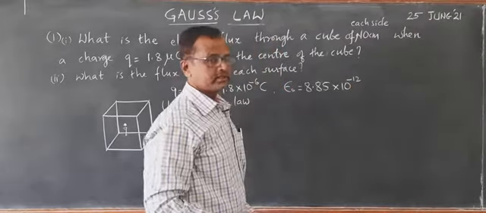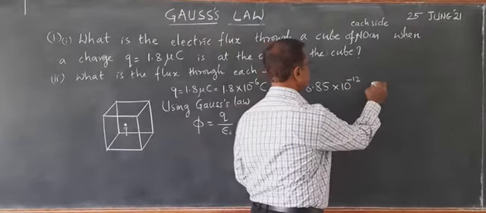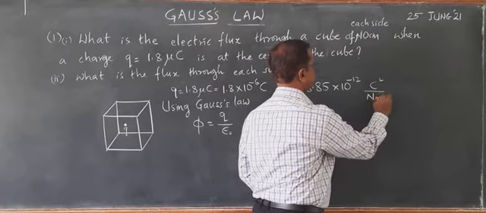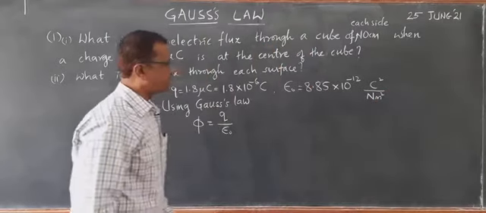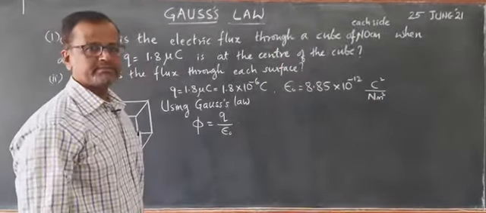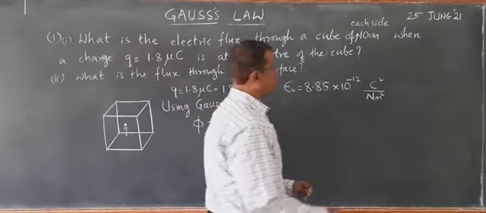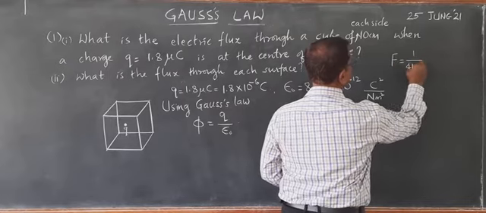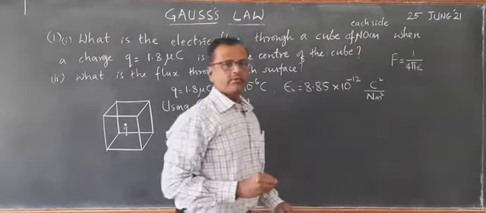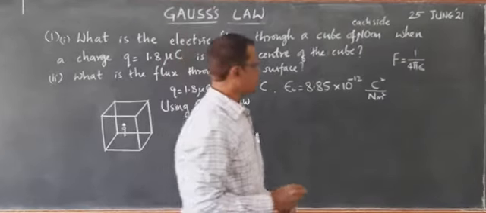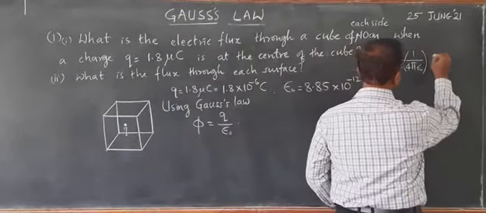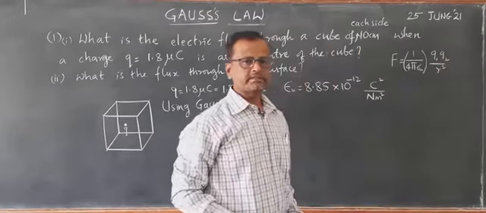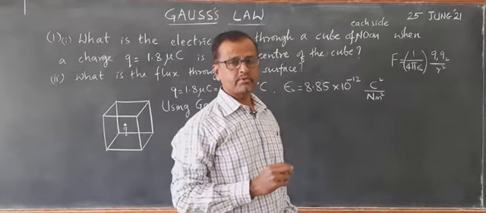What is its SI unit? It is coulomb square per newton meter square. How to remember this? It becomes difficult to remember. You have to immediately recall Coulomb's law. What is Coulomb's law? For charges in vacuum, F equals 1 upon 4 pi epsilon naught times Q1 Q2 by R square, where Q1 and Q2 are the point charges and R is the distance of separation of those point charges.